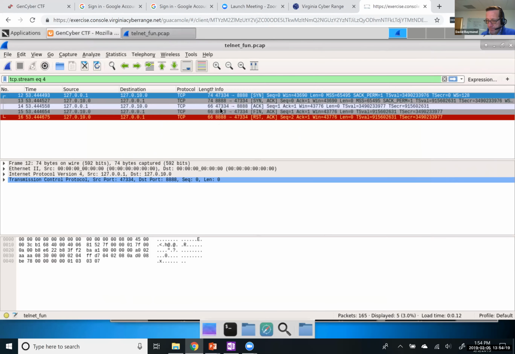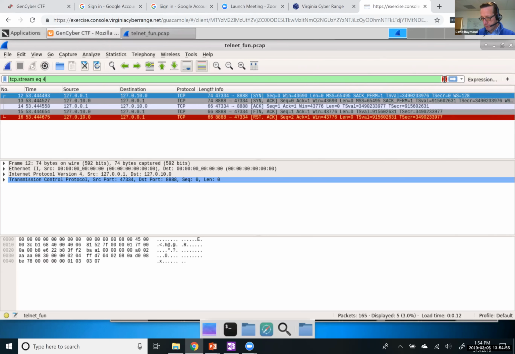And so here's that TCP stream. There's a SYN, a SYN-ACK, an ACK, and then a FIN-ACK. So that's the server closing the connection. It didn't reject the connection. It actually allowed the client to connect. It completed the three-way handshake, but then the server immediately turned around and closed the connection using a FIN flag in the TCP header. And the client responds to that, saying, okay, I'm resetting. So that wasn't very fruitful, right? This traffic on port 8888 was not fruitful.